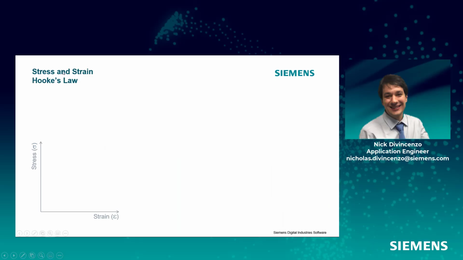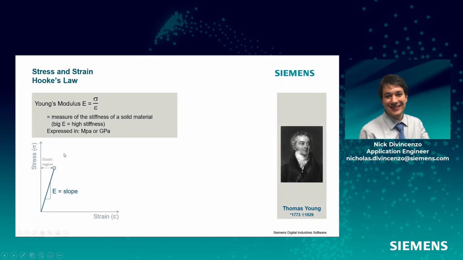We can relate stress and strains. Typically, if we're doing especially an FEA analysis or a fatigue analysis, we want to use stress as kind of our metric to determine how long something might last in the field before failure. Stress is hard to measure directly. Strain is much easier. So oftentimes we measure strain and then we convert that to stress using something called Hooke's law. Now, Hooke's law describes the relationship between stress and strain.